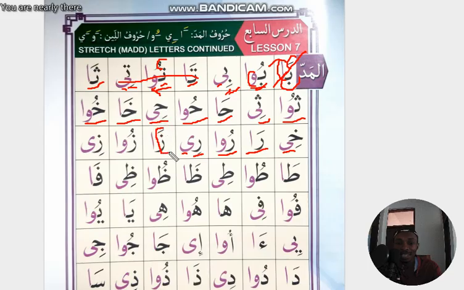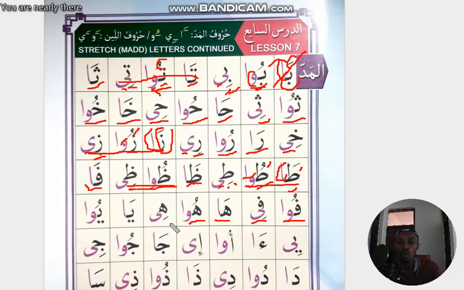za, fatha, alif sukun, za, dhamma, waw sukun, zu, za, kasra, ya sukun, zi, za, zu, zi, ta, fatha, alif sukun, ta, dhamma, waw sukun, tu, ta, kasra, ya sukun, ti, ta, tu, ti, dha, fatha, alif sukun, dha, dhamma, waw sukun, dhu, dha, kasra, ya sukun, dhi, dha, dhu, dhi, fa, fatha, alif sukun, fa, fa dhamma waw sukun fu, fa kasra ya sukun fi, fa fu fi,